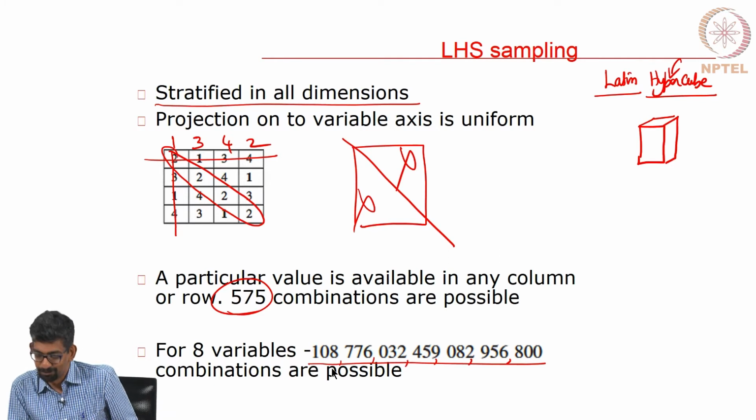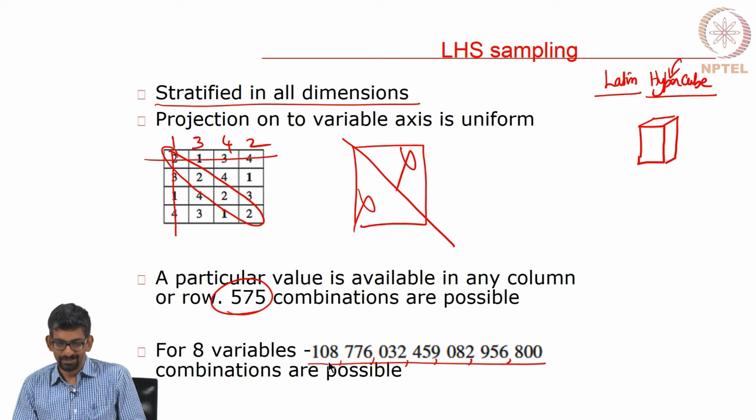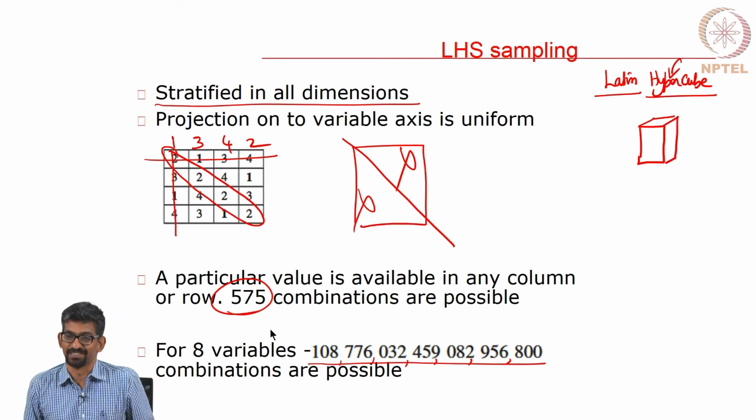Any idea, man? 1 followed by 1, 2, 3, 4, 5, 6, 7, 8, 9, sorry, 3, 6, 9, 12, 15, 18, 20 zeros, 1 followed by 20 zeros. I do not know what that number is. For 8 variables, these many combinations are there, you can do this. Okay. So, the point is, you want to come up with some other combination, some other